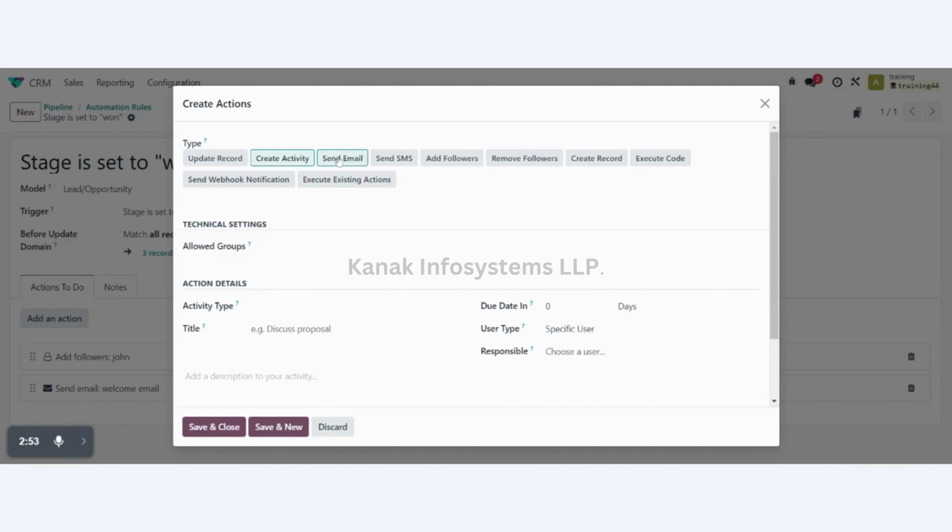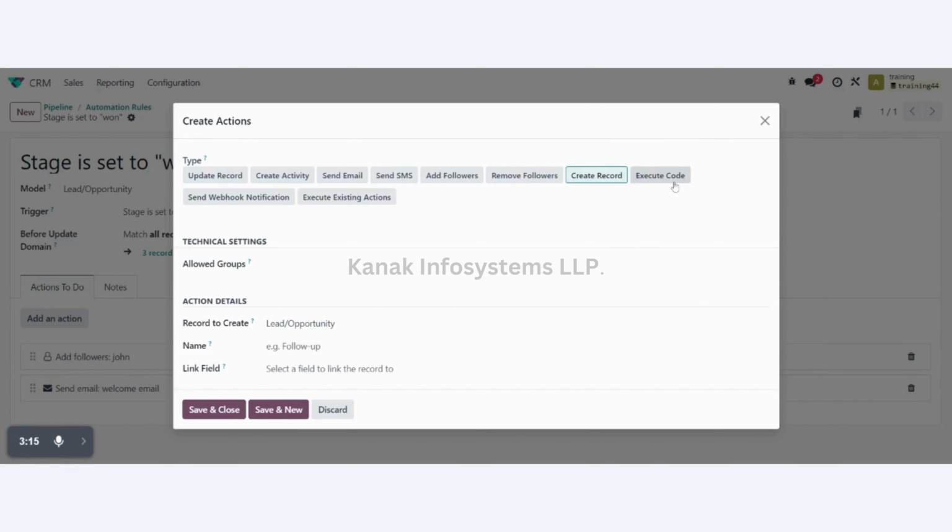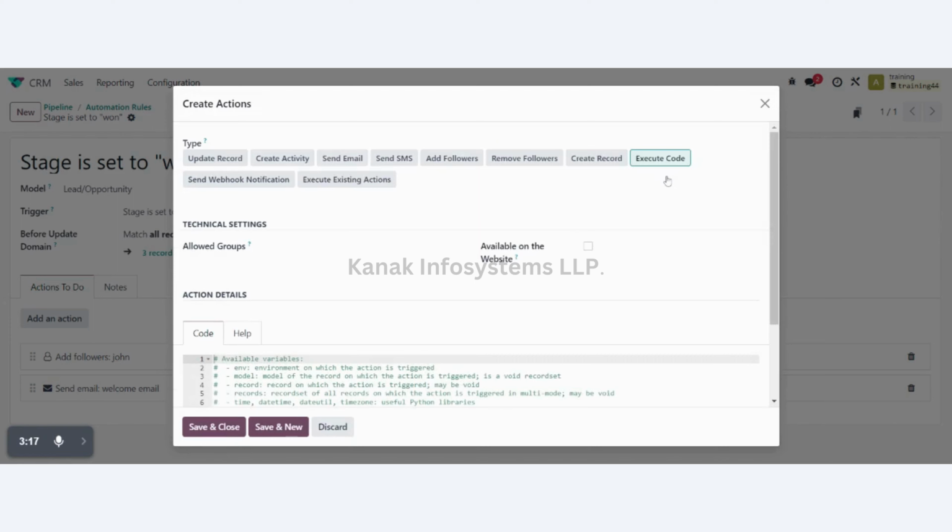Then we have the option to send an email, where we can choose a specific email template and send the email as a message, note, or email. Then we can also send an SMS, add a follower or remove a follower from the lead and opportunity, create a new record based on that, and execute any code. Also we have the option to send a webhook notification and execute existing actions.